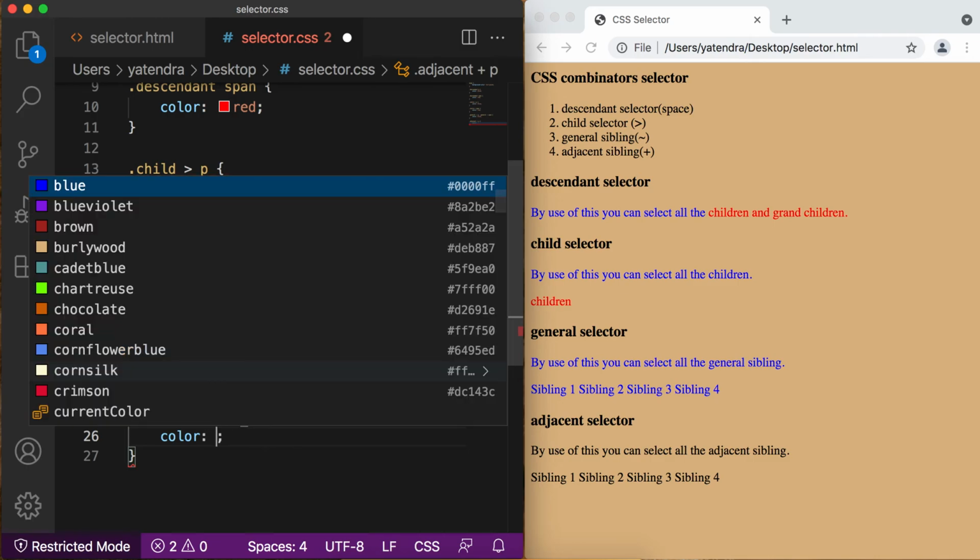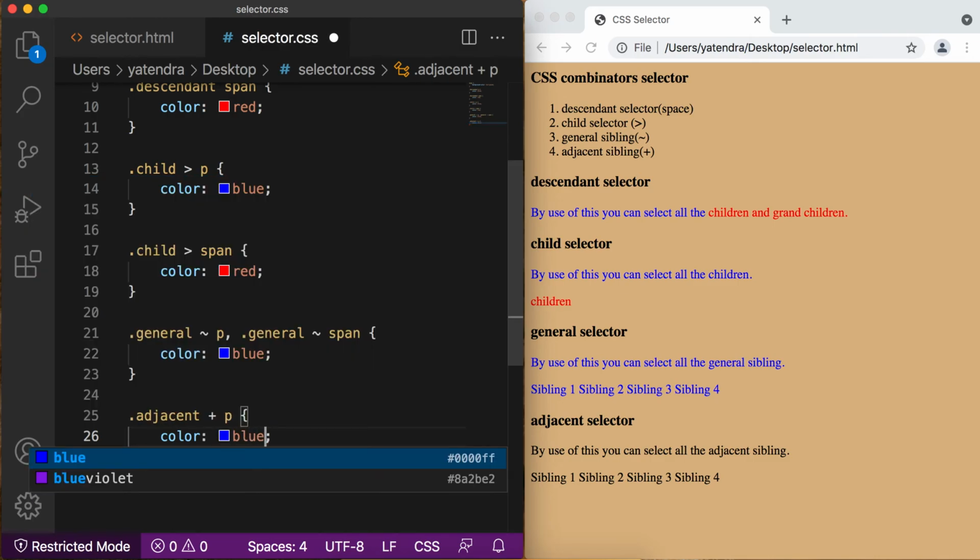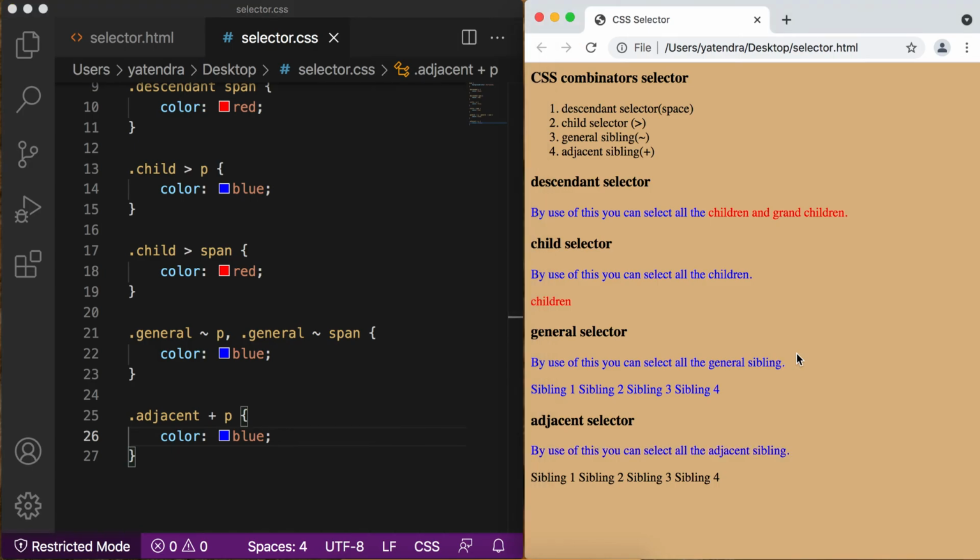Color blue. Save this file, go to browser, refresh. You can see the paragraph is selected, same as the general selector, because this paragraph is the adjacent sibling. Okay. Now I use dot adjacent and span. Go to browser, refresh. You can see